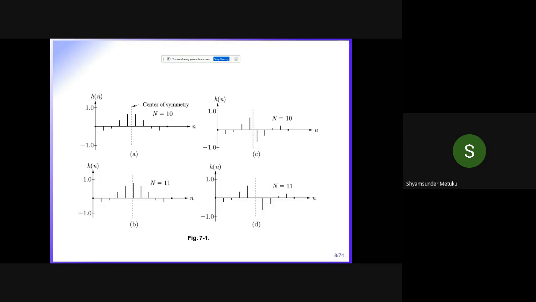For the mathematics, I just leave it to you because the derivation is not given here, only the solution. To get the second line, which is h of n into sin of omega alpha minus omega n T equal to 0, there are two things it has to satisfy. First condition: h of n is equal to h of capital N minus n minus 1. No need to do the derivation, but try to remember this. Second: alpha is equal to capital N into capital T by 2. So either of these two must be there. It is represented in figure 7.1 (a) and (b). Here it is given. Symmetry, right? The first one is symmetry, is it not?